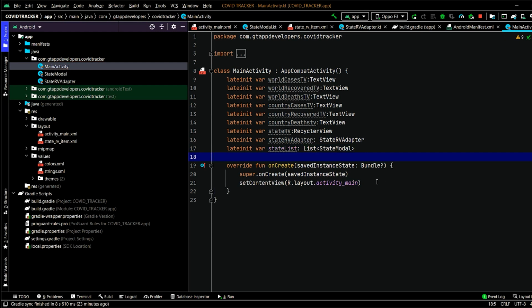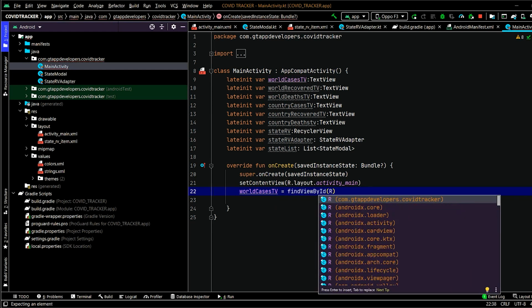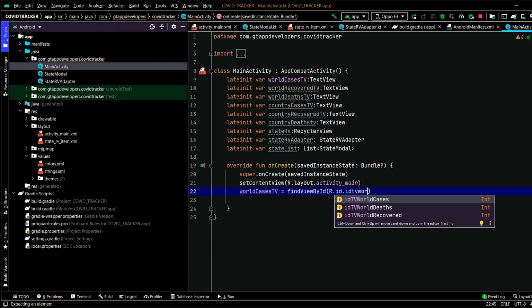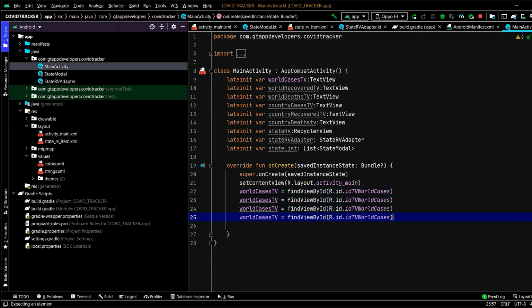Now inside our onCreate method, we have to initialize all our text views and recycler view. So for initializing these variables, we have to find them by using their ID, which we have mentioned inside our activity_main.xml.